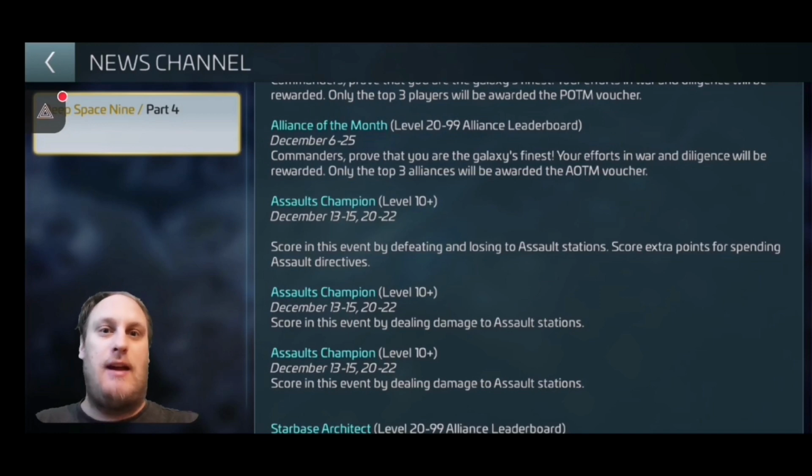My lord, it really does look like nobody actually bothered checking this properly. So, 13th to the 15th, 20th to the 21st is a 10 plus. What it is, I do not know because it doesn't state. Scoring this event by defeating and losing. Yes, losing as well. So there is a points matrix for losing